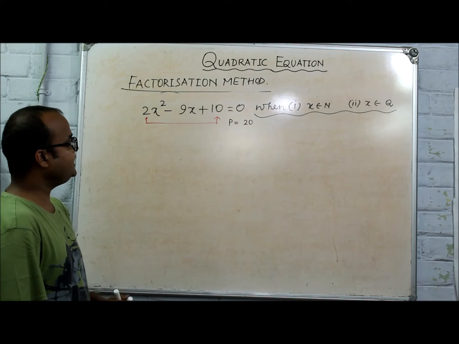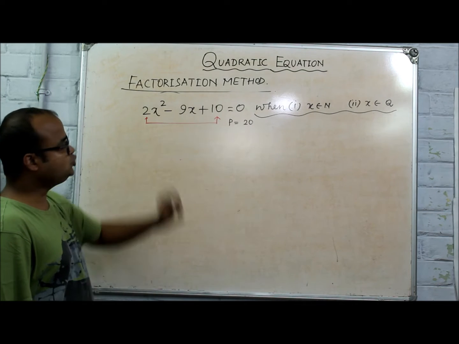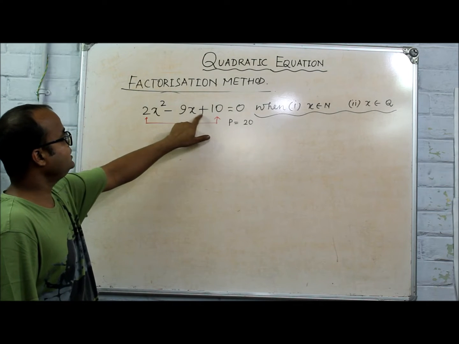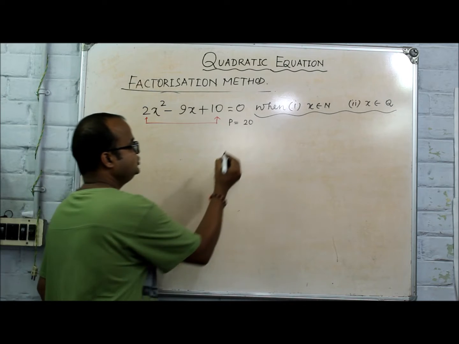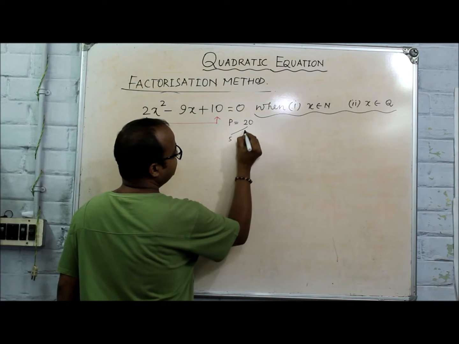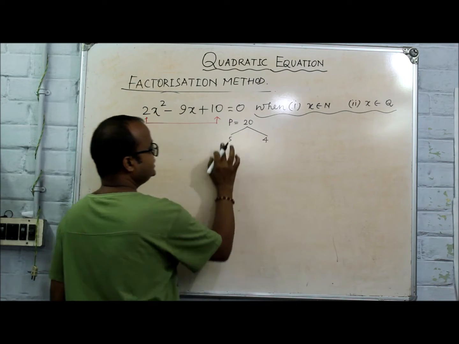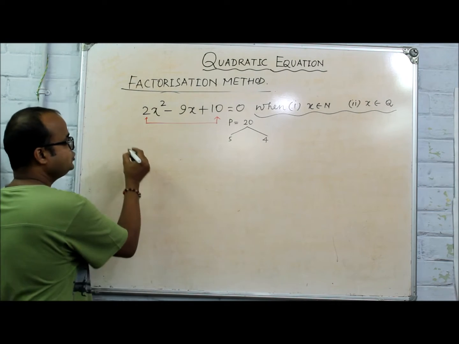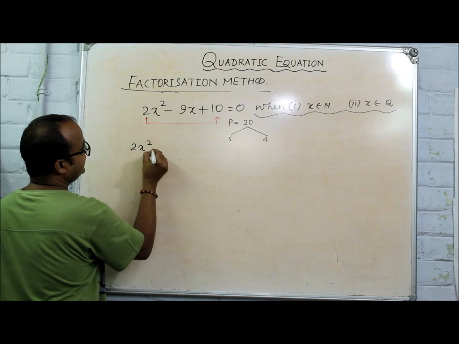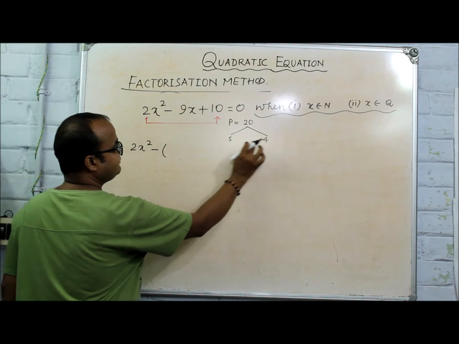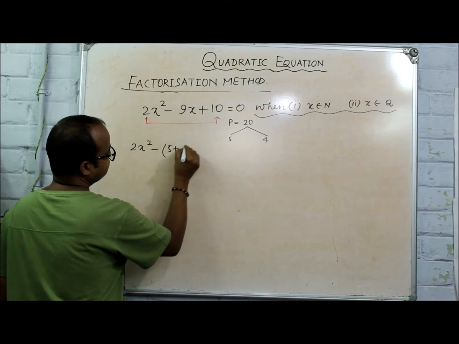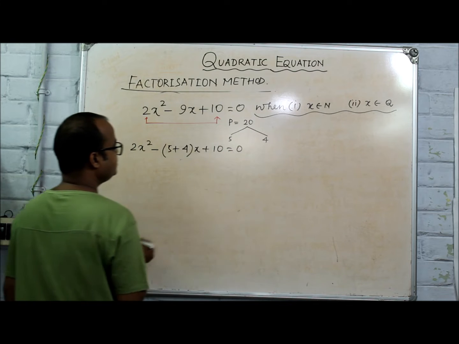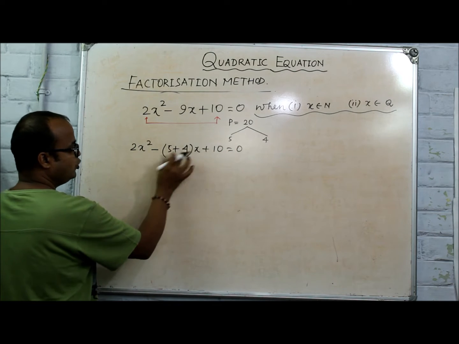We need to divide 20 into two parts such that the sum of those two parts is equal to 9. So 20 can be divided into 5 and 4 such that the sum is 5 plus 4, 9. So we can write it as 2x square minus, in place of 9 we write 5 plus 4, into x plus 10 is equal to 0. Now we open up the bracket,